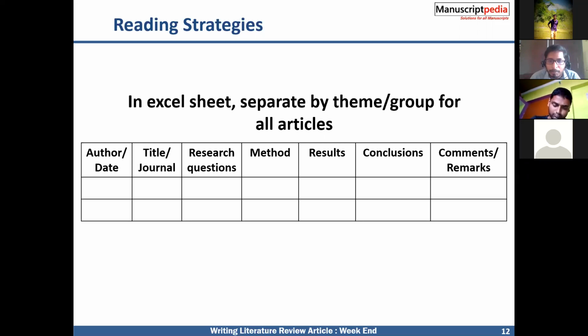For example, if you are submitting a thesis in Turnitin or some plagiarism software, there is an option called excluding the bibliography. If you click that, your references will be removed. Okay, sir. Thank you, sir.